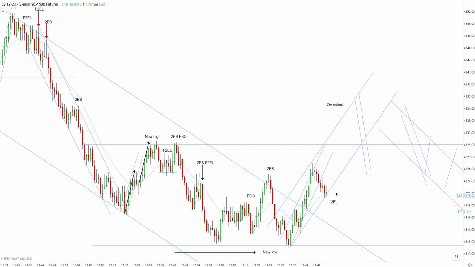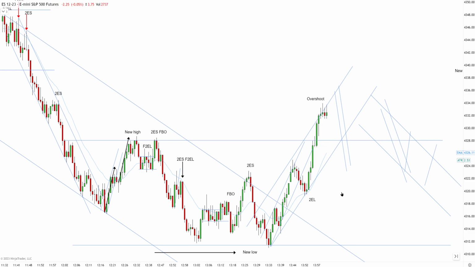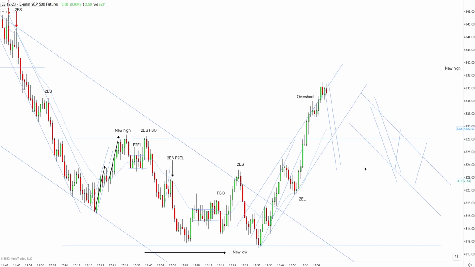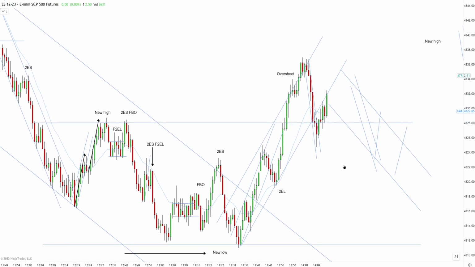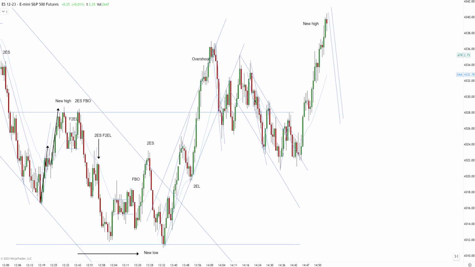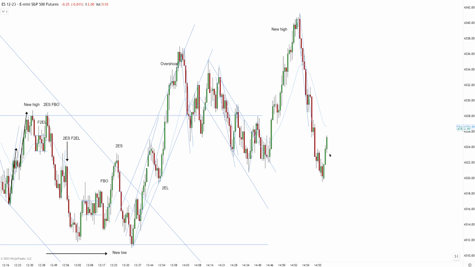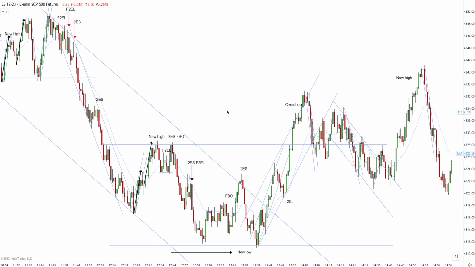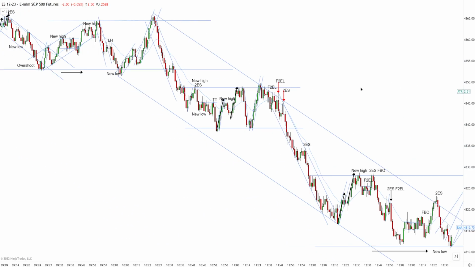We have a second entry long, but we have a horrible bar, an inside bar. And the market is strongly reversing, followed by an overshoot. And this is going to be pretty much it for the day because I didn't really see any good setup after that. Before I wrap up, I want to talk about this particular week, because this week was